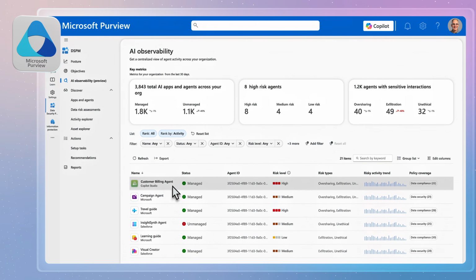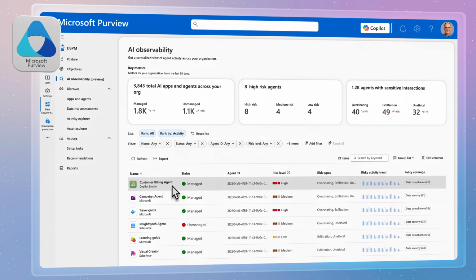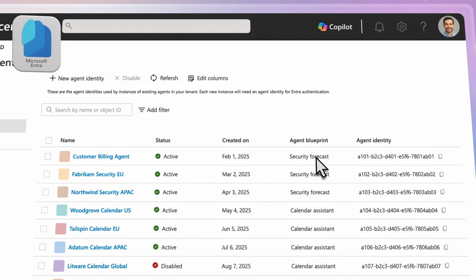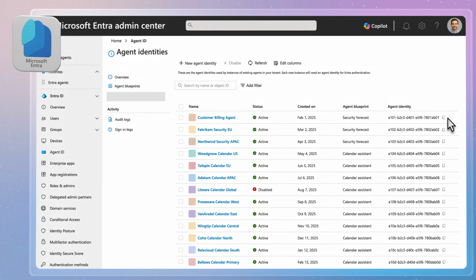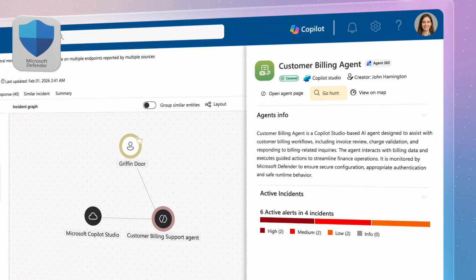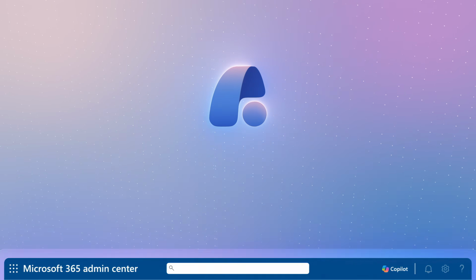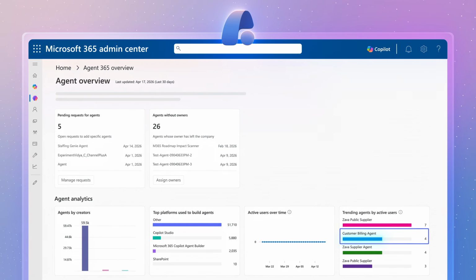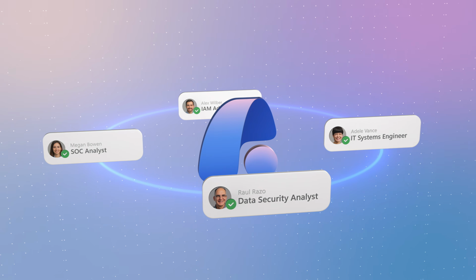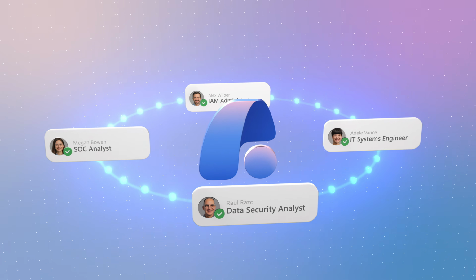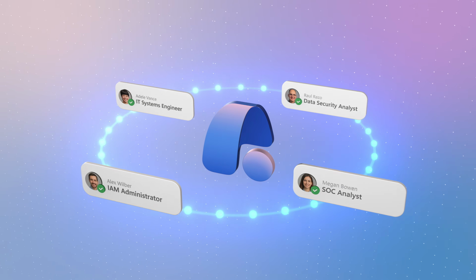and protecting sensitive information with Microsoft Purview, managing agent identities and permissions to apps, data, and resources with Microsoft Entra, or investigating and responding to incidents in Microsoft Defender, Agent 365 provides a common source of truth for agent activity, enabling teams to assess and respond to risks from their own domain expertise using the tools and workflows they know